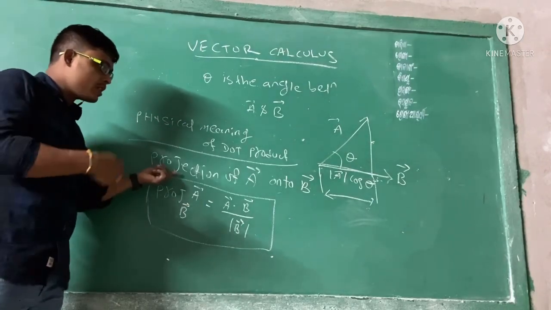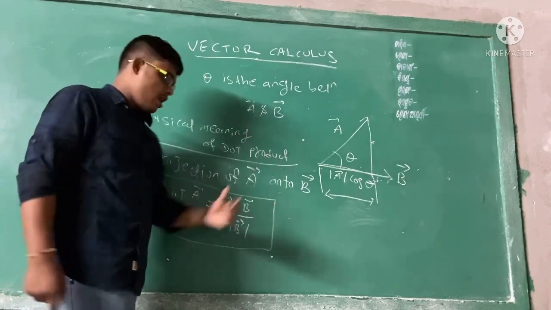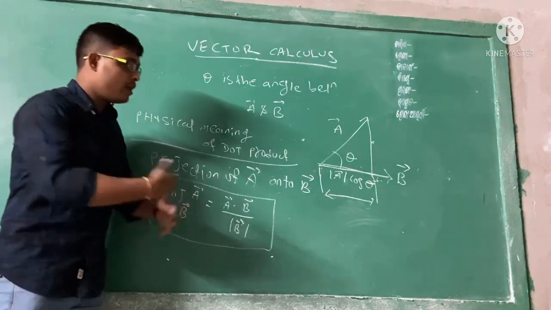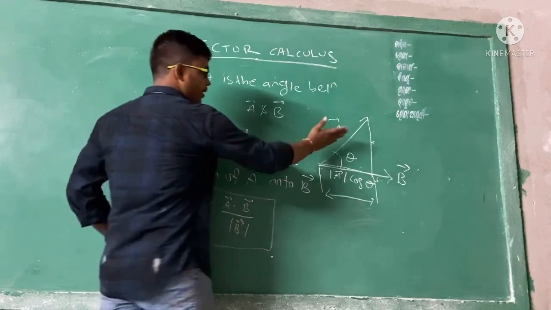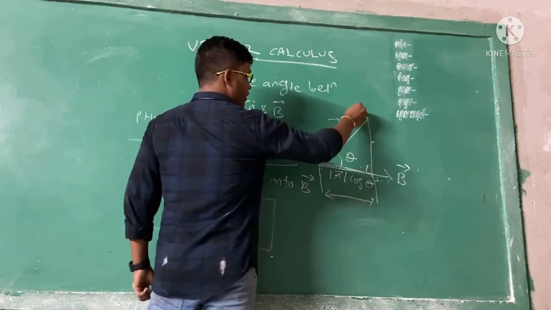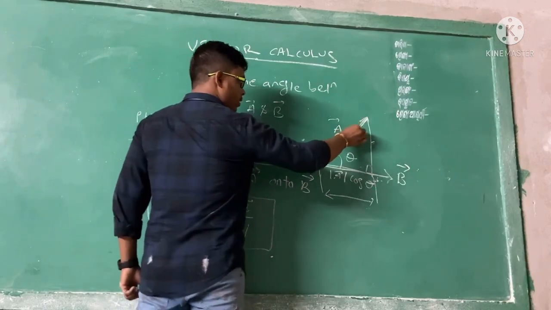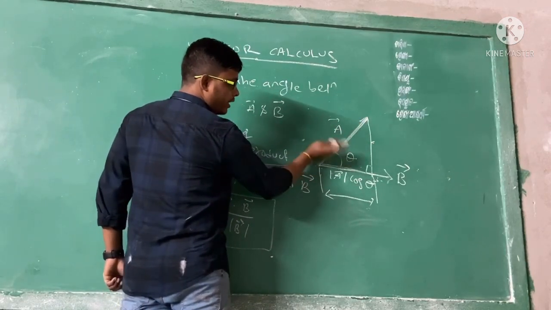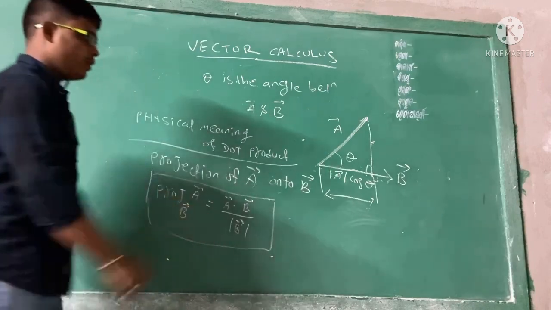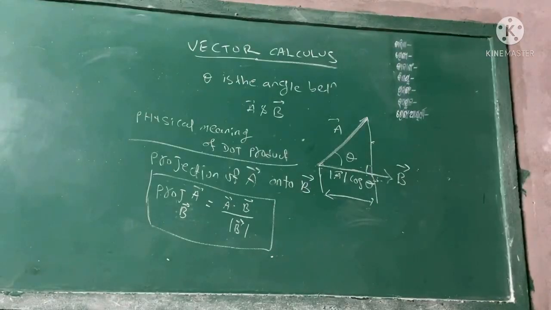So remember, projection of A onto B. I am repeating three to four times because this is important, and this is the scalar projection. This is the scalar product. So you know how to find A dot B: A1 B1 plus A2 B2, otherwise the cosine formula, if the angle is given. If angle is not given, then use the second formula. So this is the A vector. Actually, this is the magnitude of A, the projection at theta. So this is the A cos theta. So remember, projection of A to B, A dot B divided by B magnitude.